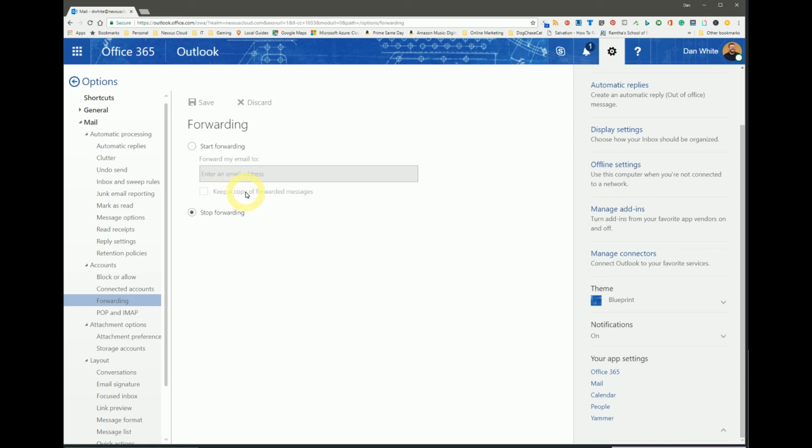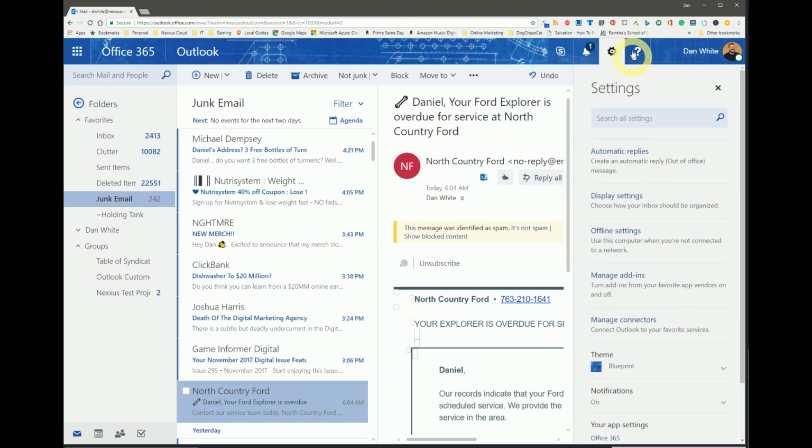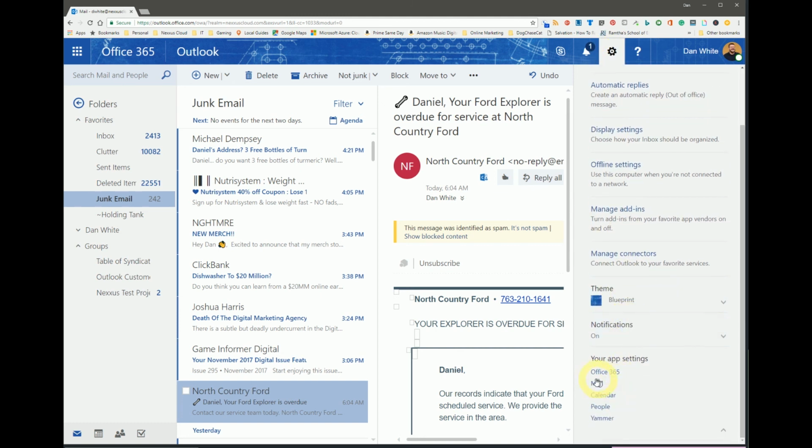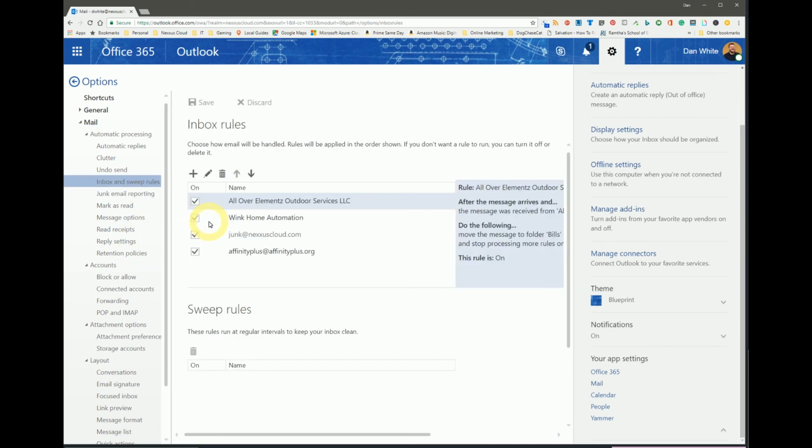So if you think that you've been infected or you want to check this yourself, you can log into your Office 365 portal or use your Outlook client. Go to the settings in the 365 portal. Again, it's through this gear. Scroll down to the mail section, and then under the mail section, you're going to look at inbox and sweep rules. And if you find any rules in here that you don't like, you can untick the box, which would stop processing that rule, and then you can just hit save. Once you've done that, now this rule is no longer going to process,